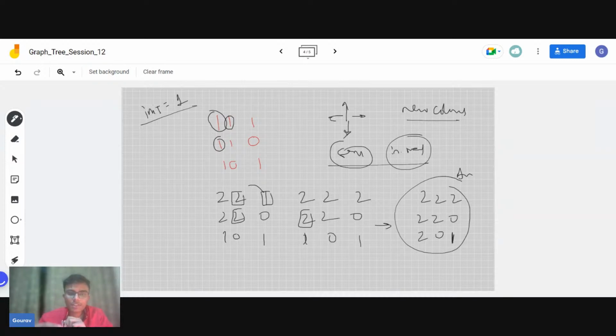Because what happens in DFS traversal, we start from a node, we go to its neighboring nodes. Then again the DFS function gets called for the neighboring node and will keep on getting called until it is not able to find a node, and then it will come back. So this is the process, and meanwhile it is marking it as visited. So after the DFS traversal gets over for all the cells, we will be able to successfully color my entire array. Okay, so let us see how we will do it.